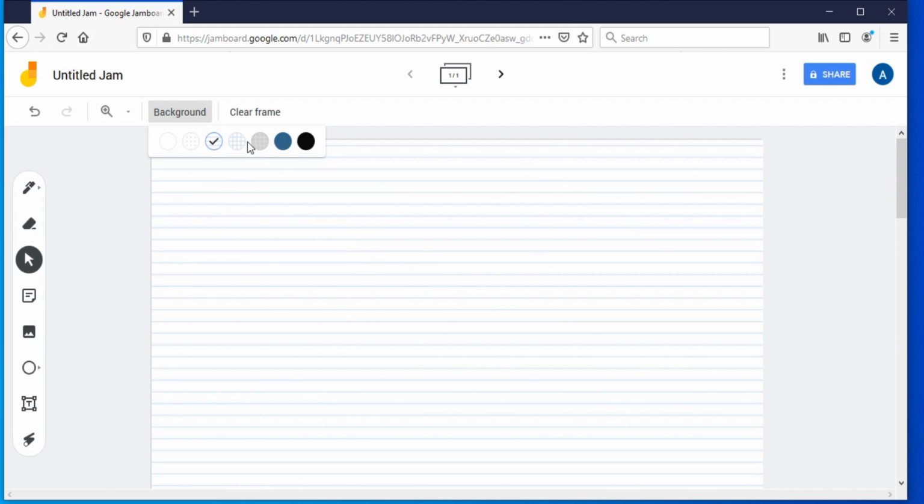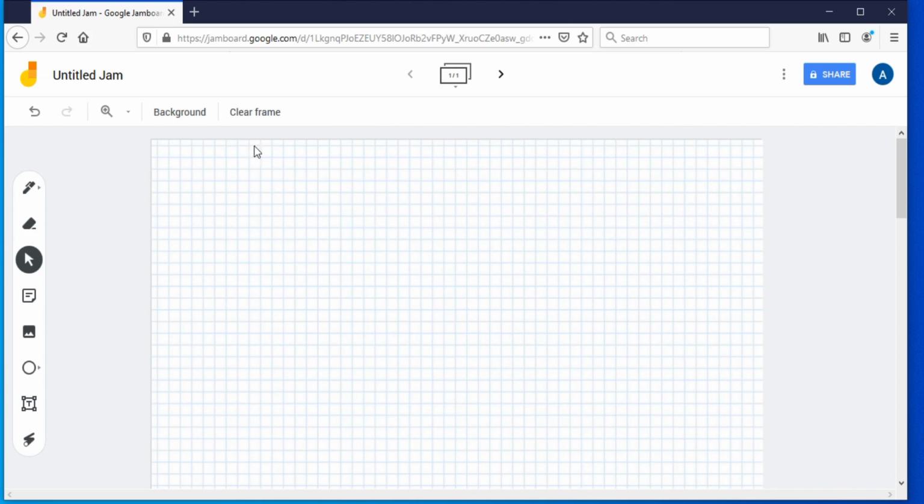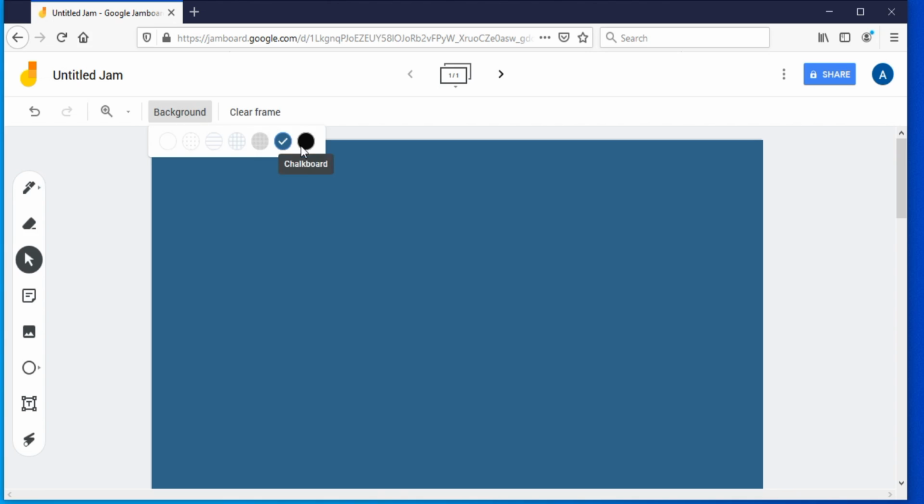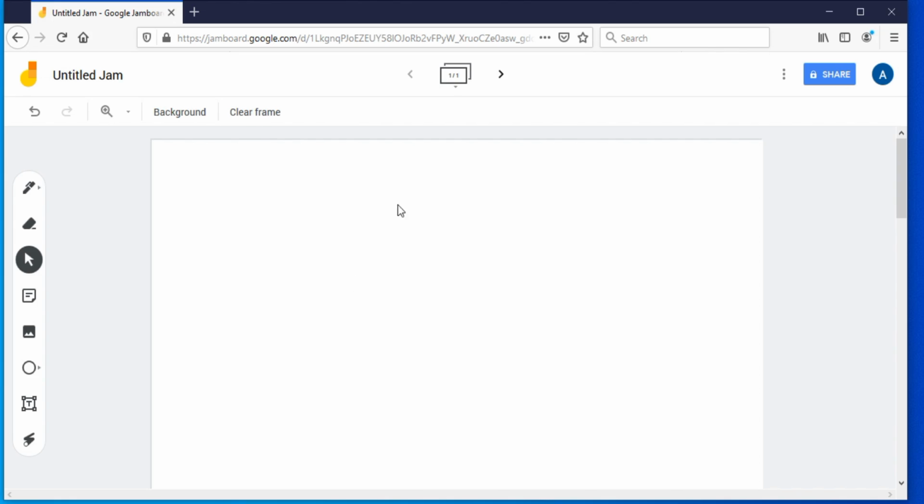You can see squares, you can see graph, you can see blue board, you can see blackboard. So these are the different types of backgrounds available in the Google Jamboard. You can select any one. So I am selecting the first one, that is whiteboard.